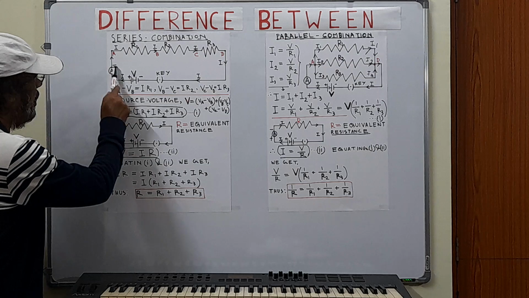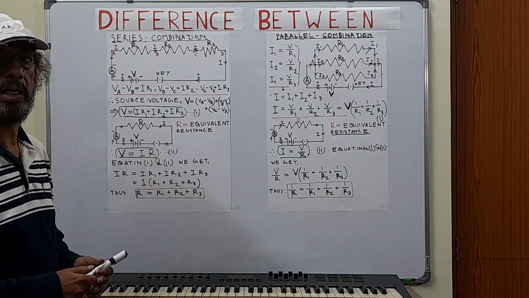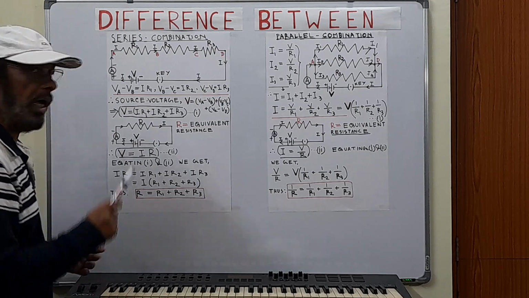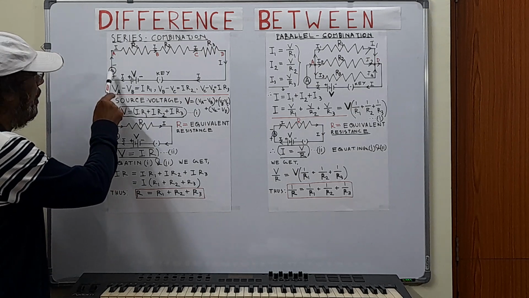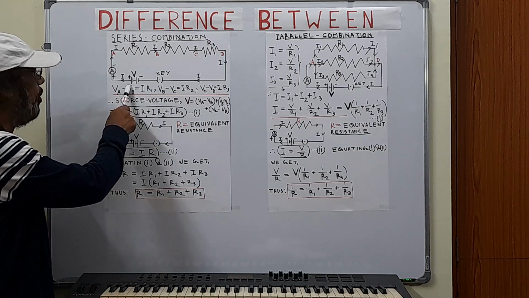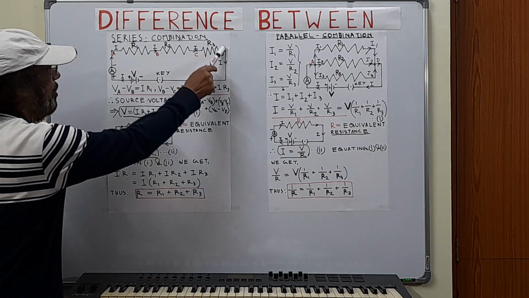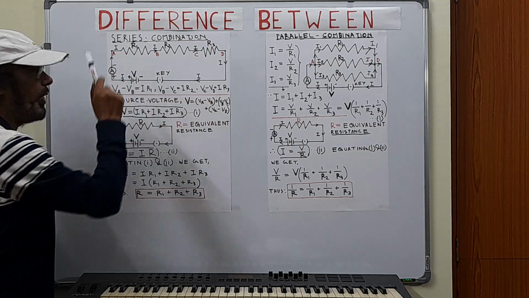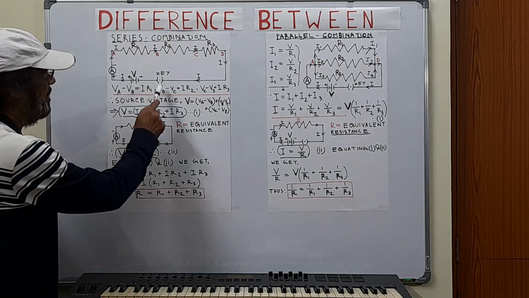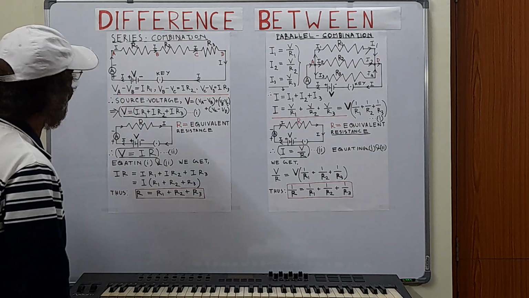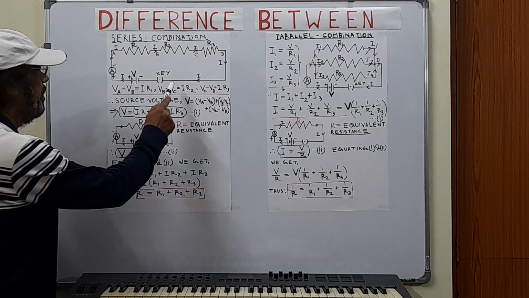Now there is an ammeter in the circuit which measures the amount of electric current passing through the circuit, and a very important point is that the positive terminal of the ammeter must be connected to the positive terminal of the battery, and negative terminal of the ammeter in turn must be connected to the negative terminal of the battery. This is the source voltage V. There is a key which can open or close the circuit, and when it is on, then the current will